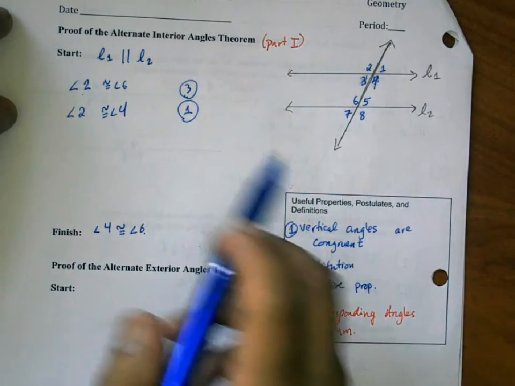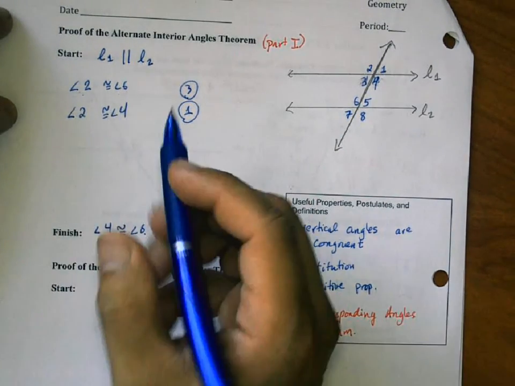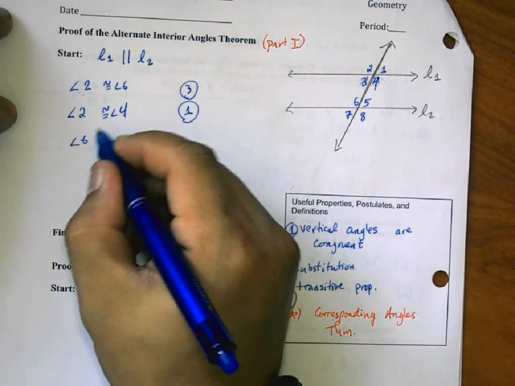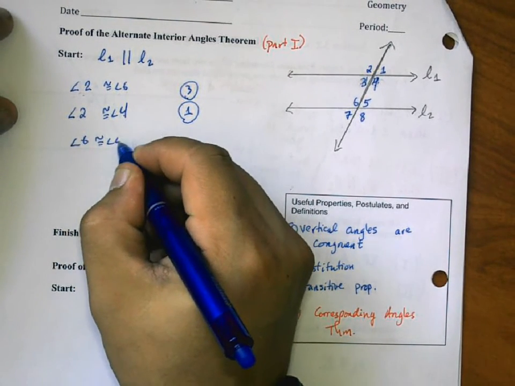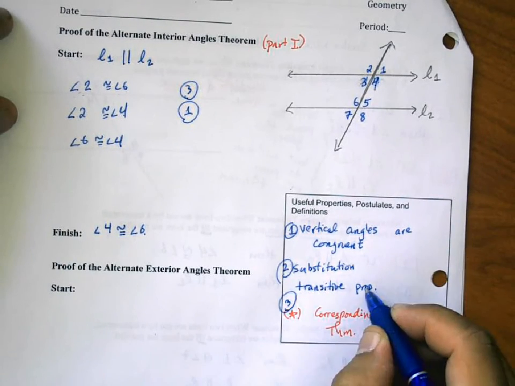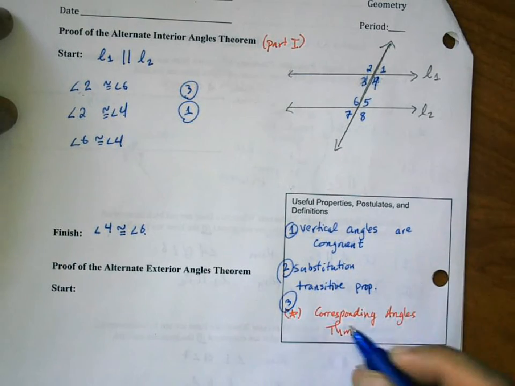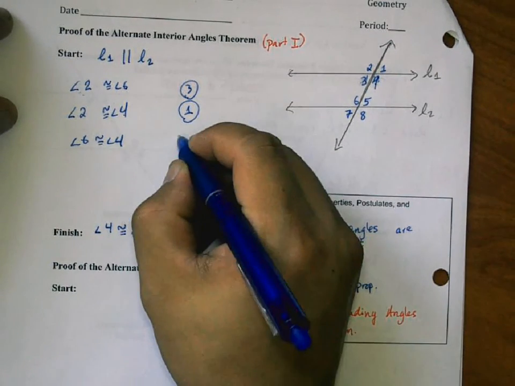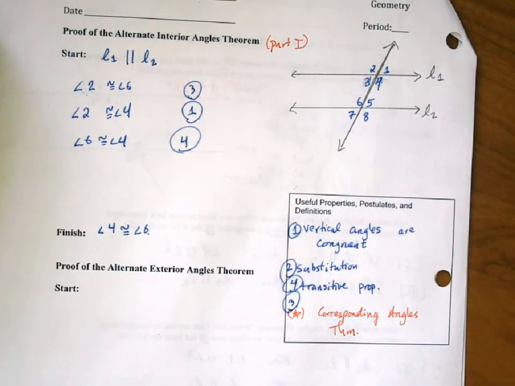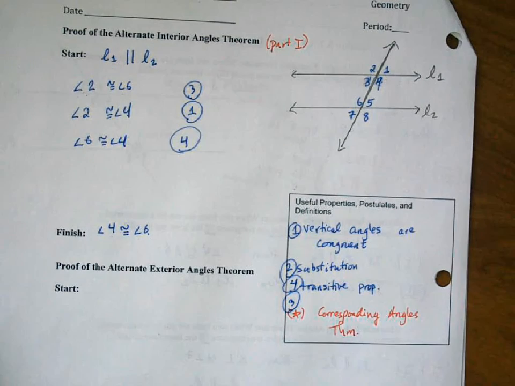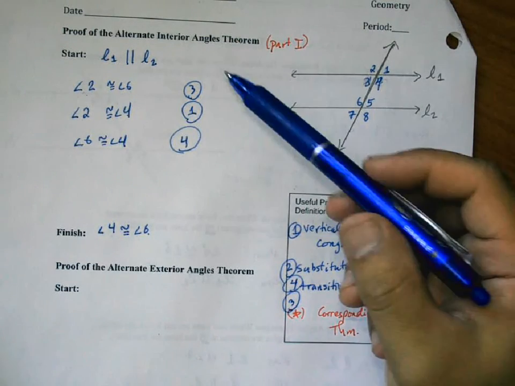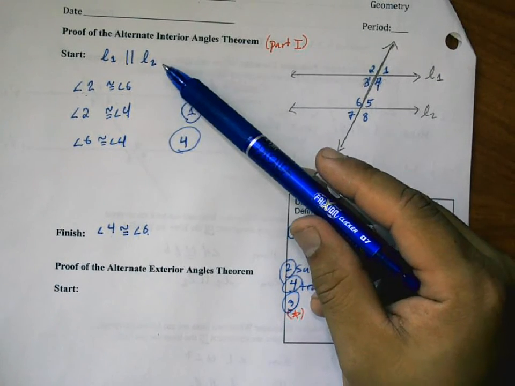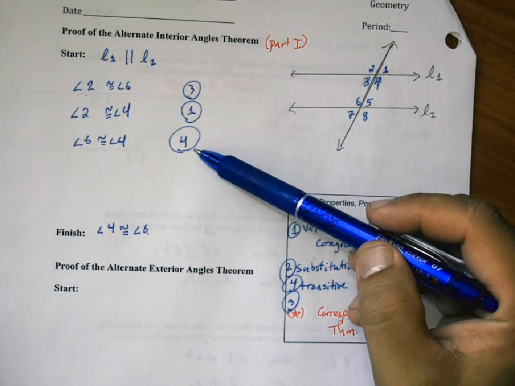And now I'm basically done. 2 is equal to 6, 2 is equal to 4, therefore 6 must be equal to 4. Okay. And the reason here is the transitive property. Ooh, I forgot to number it in here, so I'll just call that rule number 4. It's a little bit out of order there, but it still gets the job done. Okay, so there we have it, a very simple 3-step proof that goes from two parallel lines to two congruent